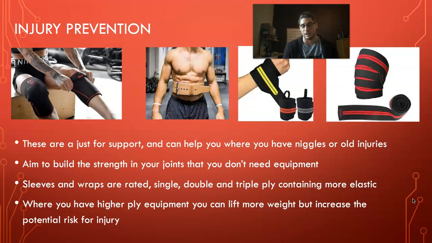Like I say, useful if you've got niggles or old injuries, but we should always be trying to overcome these things, and be wary of equipment which is double, single and triple ply, things like these knee wraps, or knee sleeves. When you start using these bits of equipment, you start to lift beyond what the normal function of your body would be, even when you're wearing knee sleeves or knee wraps. For example, with a pair of these knee sleeves you could probably put 20 to 30 kilograms on your best squat. So you can see how that might increase the chance of injury.